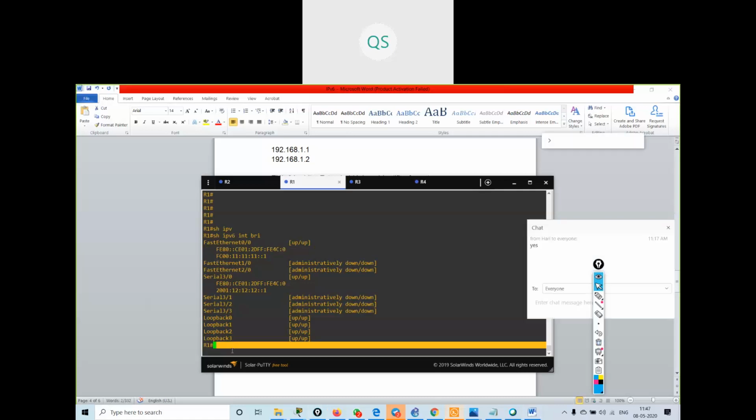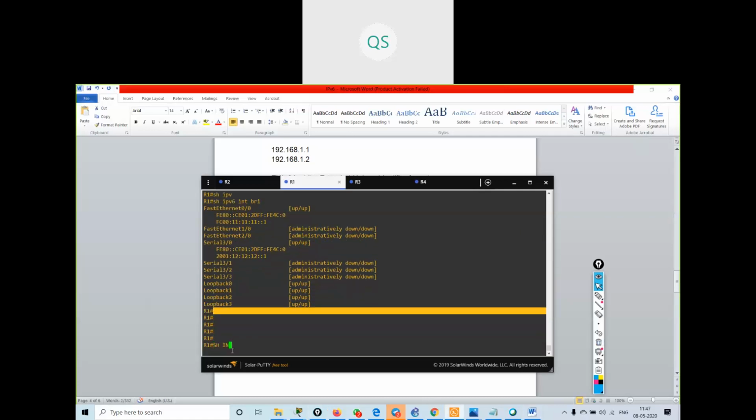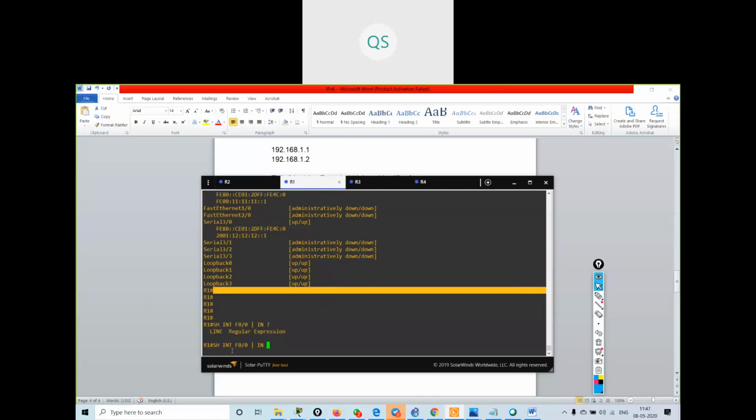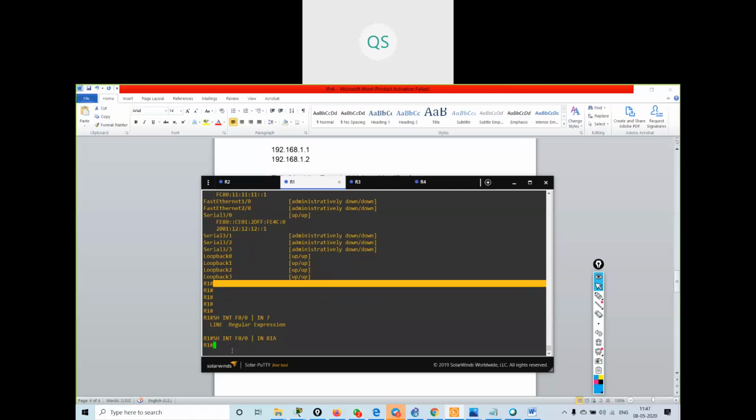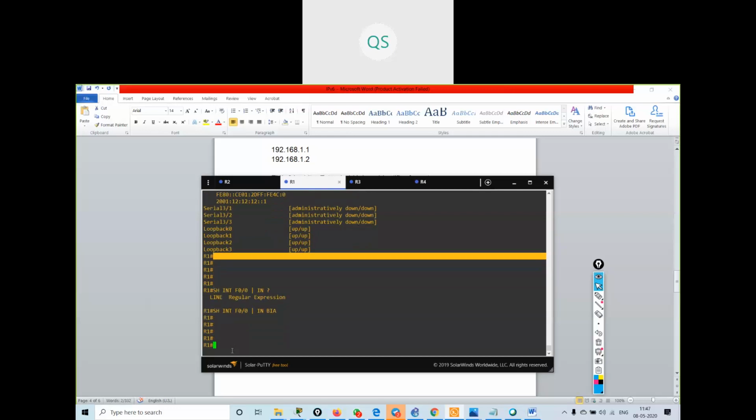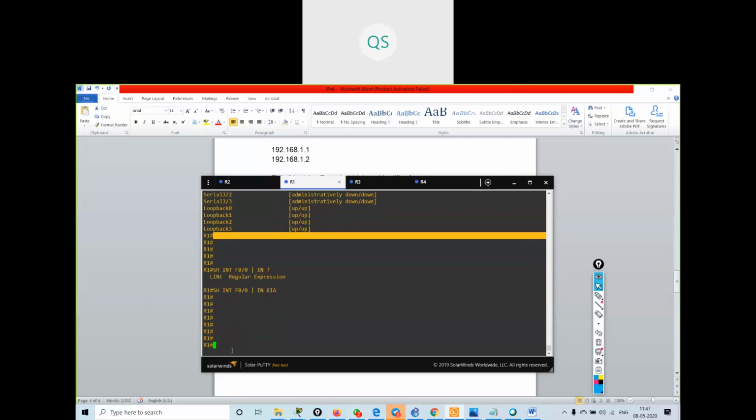Now if I give one command, show interface fast ethernet 0/0, and I will say section include this.